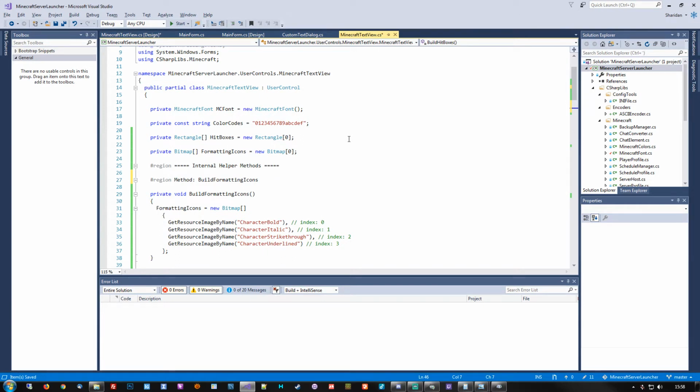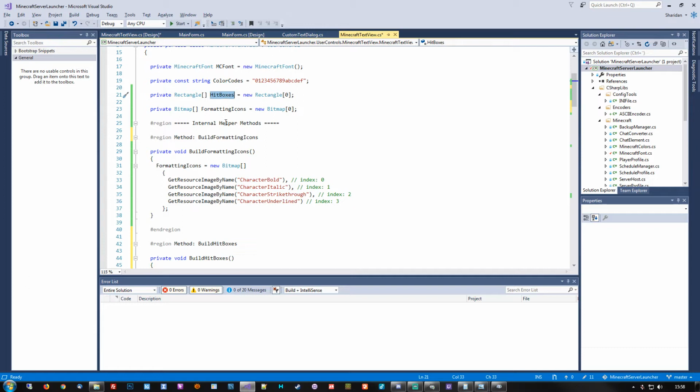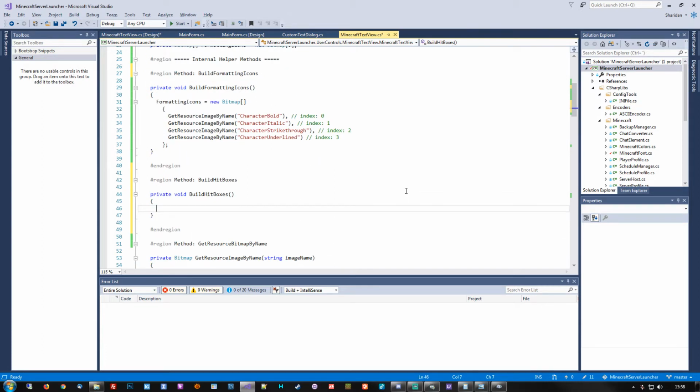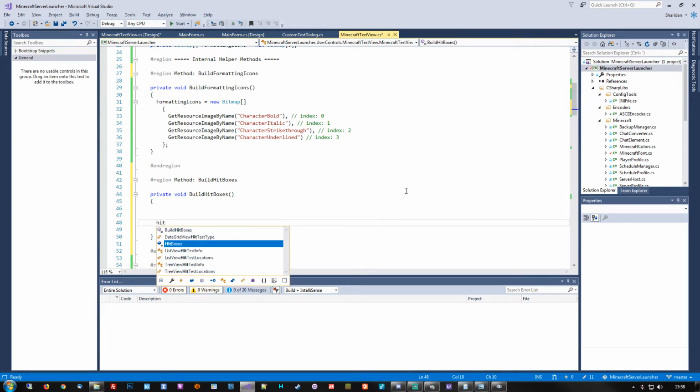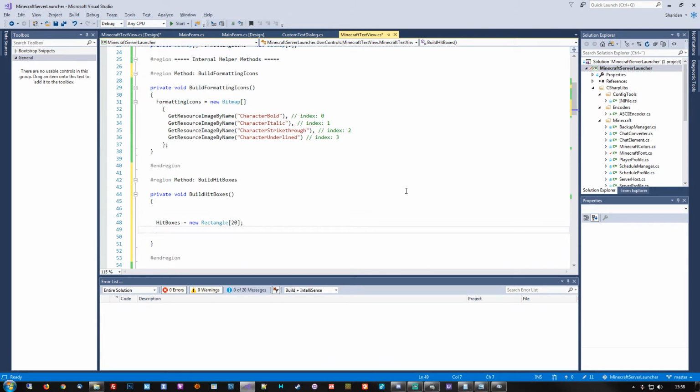However, for this new setup, these rectangles will basically only be for actual area detection and basically the inside of where this needs to go. So we'll have to do some extra calculations to get these to render in the correct spots. But we know that we need 20 of these, so we might as well just set them up right away. 20. There we go. And then we need to calculate the placement of them. For that, we basically need to do something similar to the other one. Let's see. We need